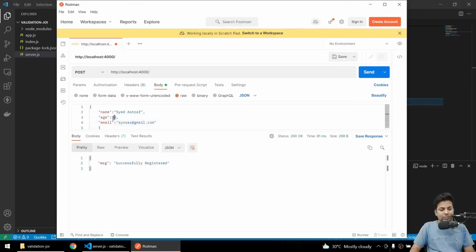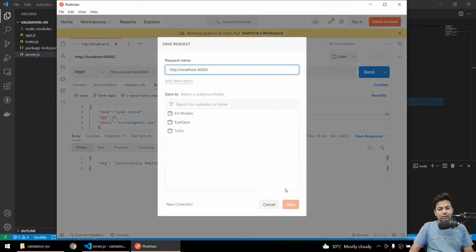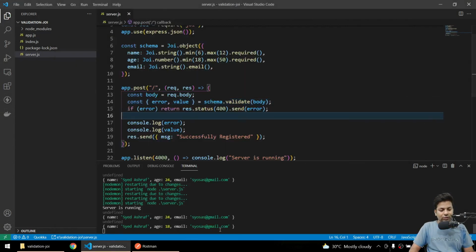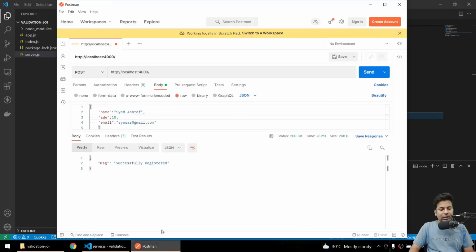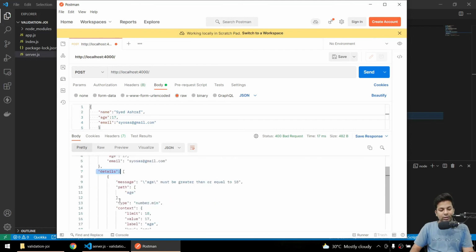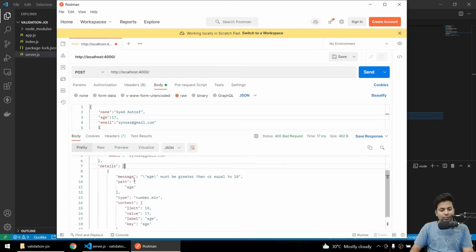But if we make age 18, sorry guys, okay, yeah, minimum is 18, so we'll make it 17. So you can see we are getting so much error. So we'll say error dot details, and in details index 0.